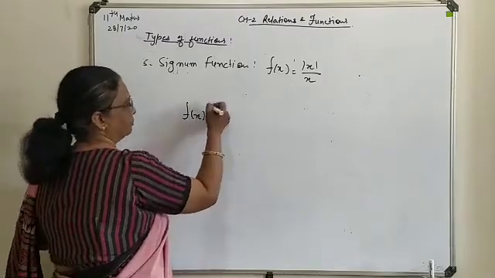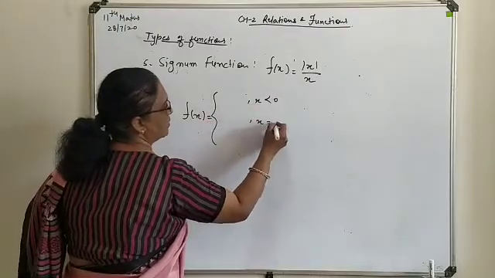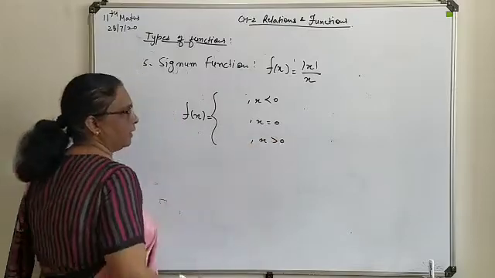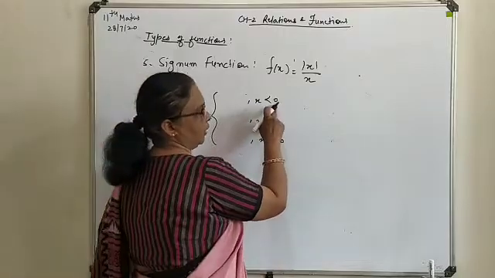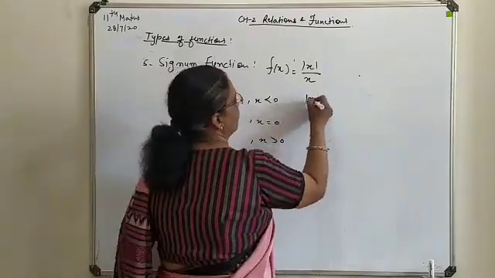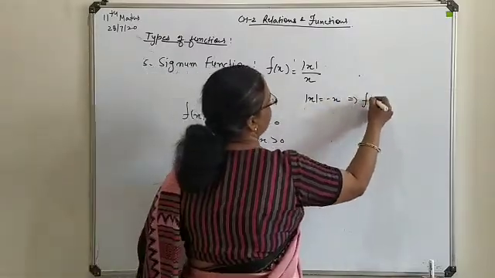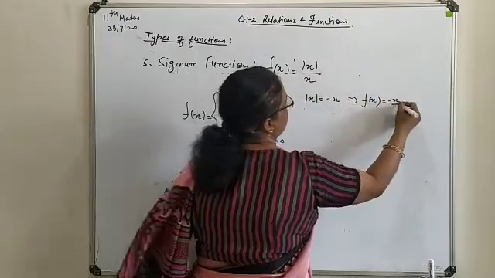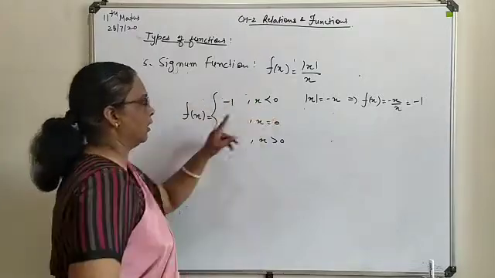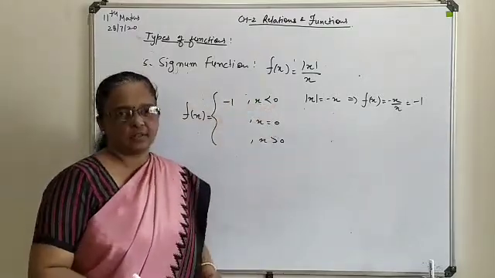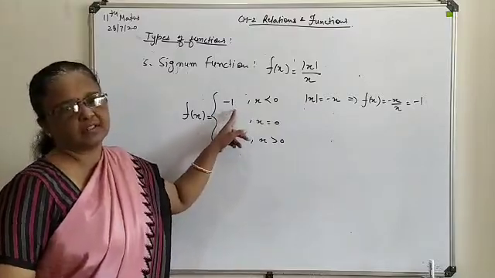First of all, when x is less than 0, when x is equal to 0, and when x is greater than 0. Here I am going to write the meaning of that. First, when x is less than 0, your modulus will be replaced by minus x. So in that case, minus x upon x will give you the solution minus 1. So for all values of x less than 0, means for all the negative solutions, your answer becomes fixed, that is minus 1.